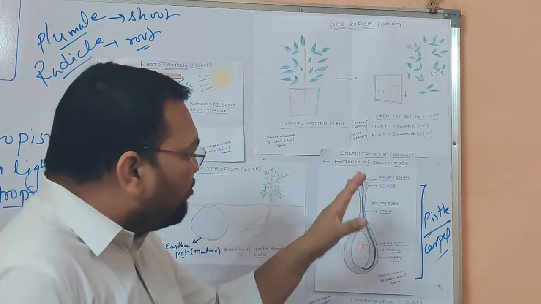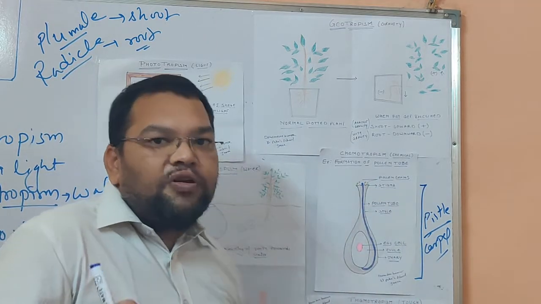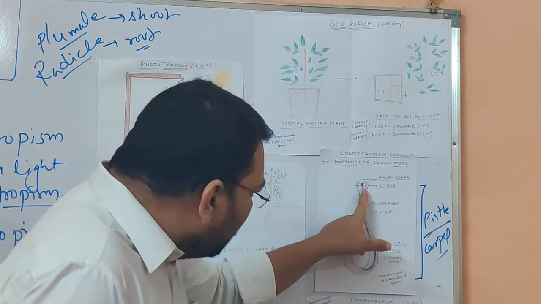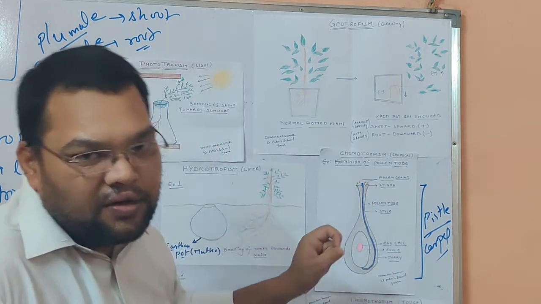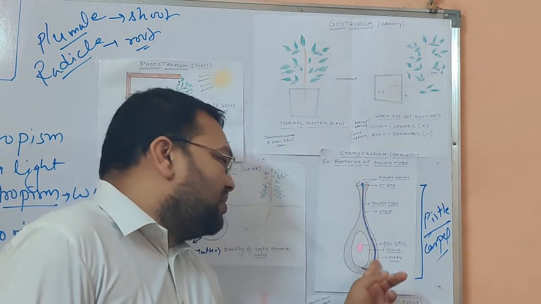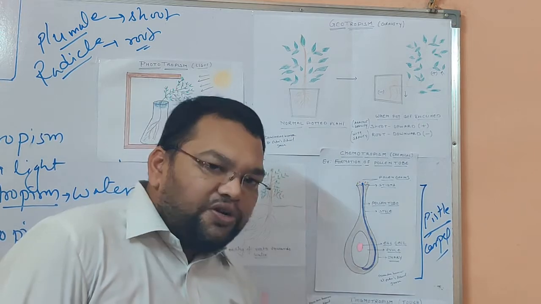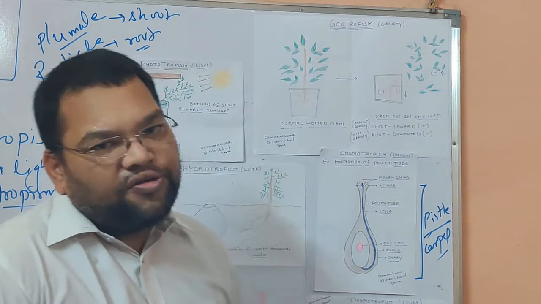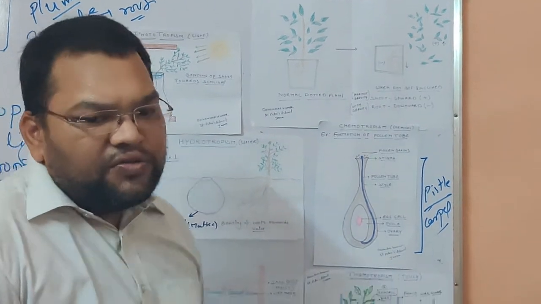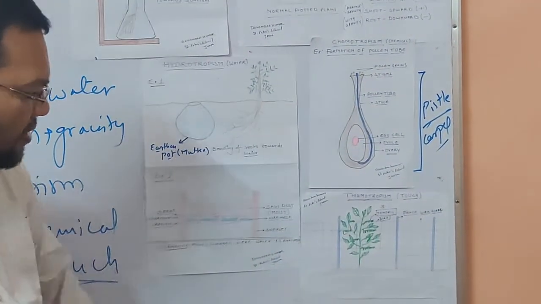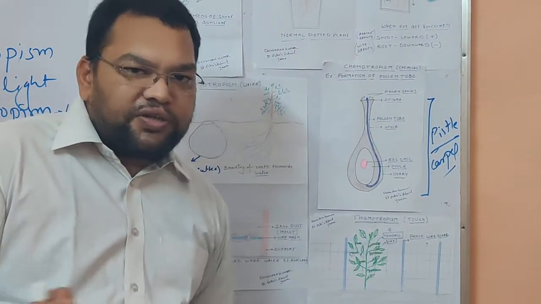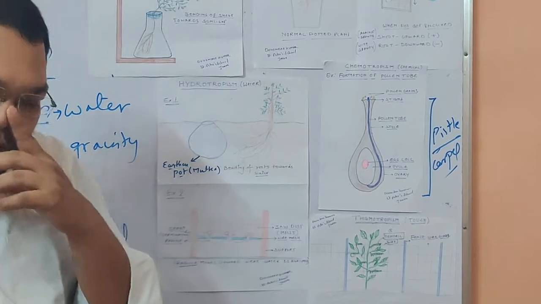So the formation of the pollen tube is the best example of chemotropism, because the movement of this pollen tube is directional. And the last tropism, the last movement which we are going to see, is thigmotropism. Thigmo means touch. Now, I think many of you have seen the plants found on fences.